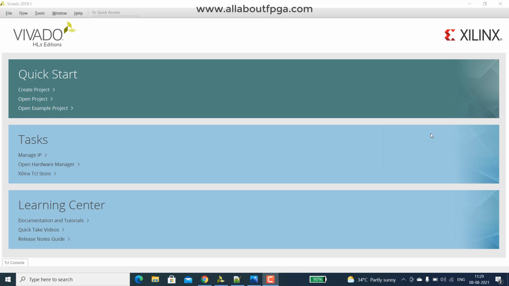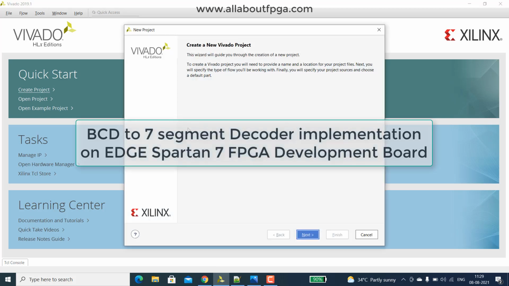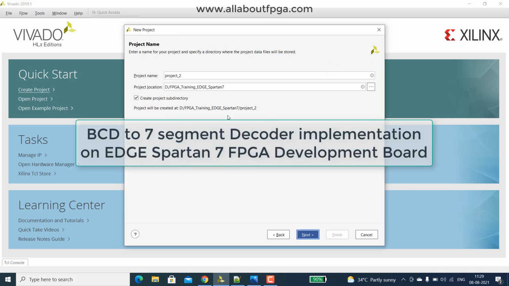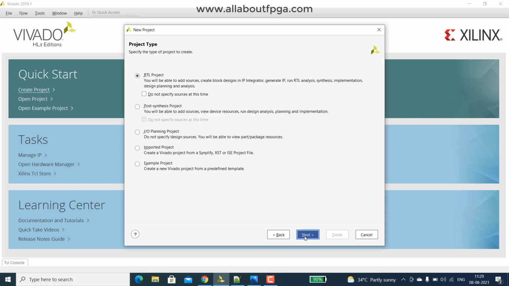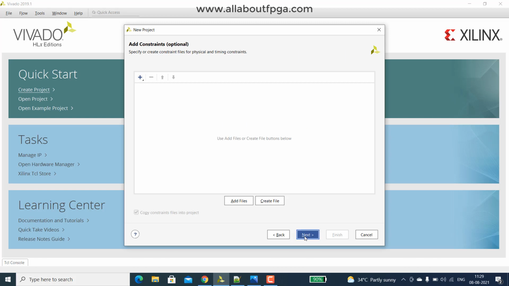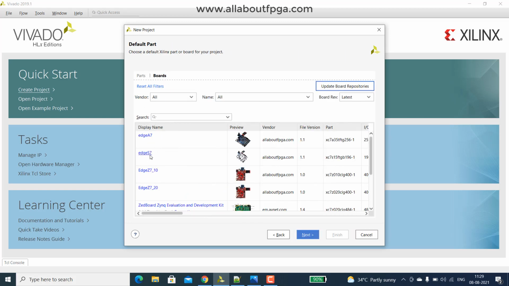We start this thing with first doing the BCD to 7 segment decoder. Quickly create a project. BCD to 7 segment. Select the board.